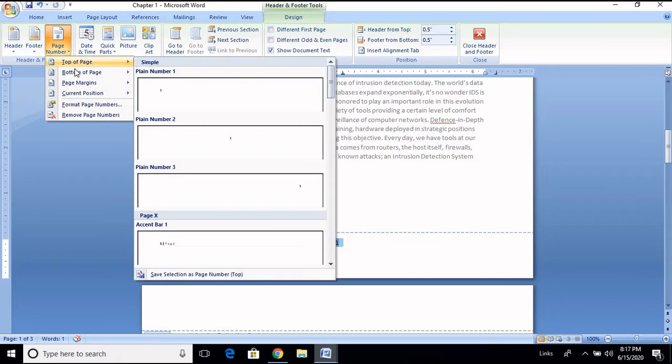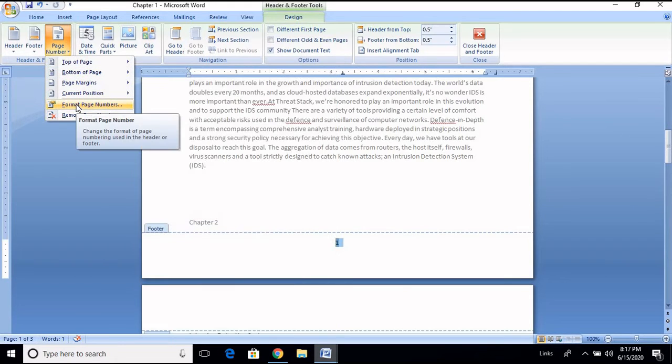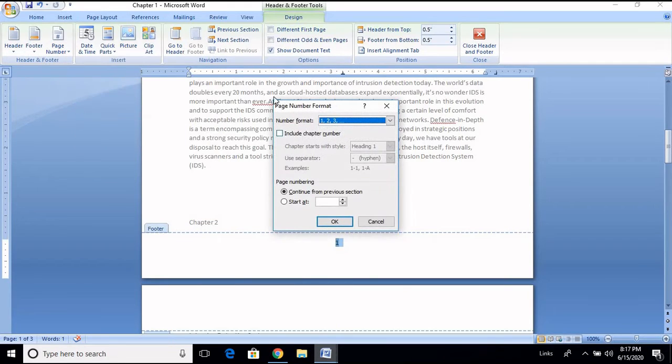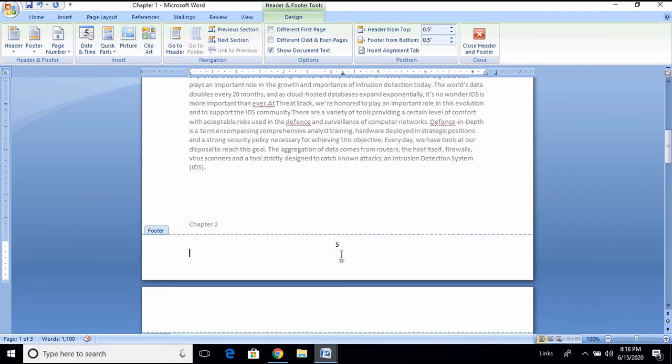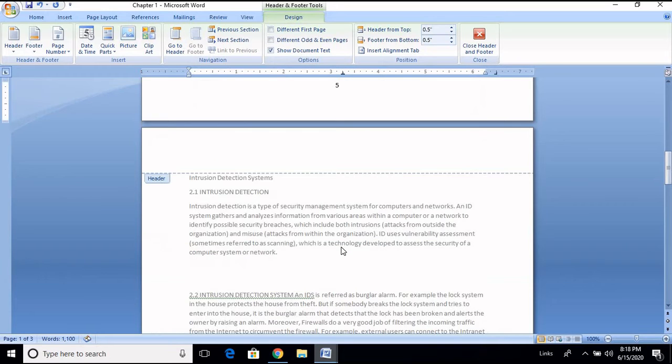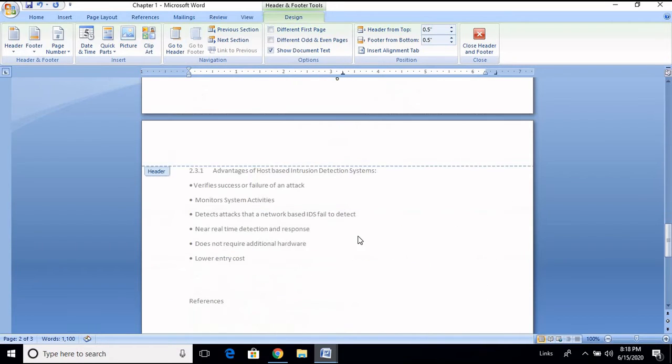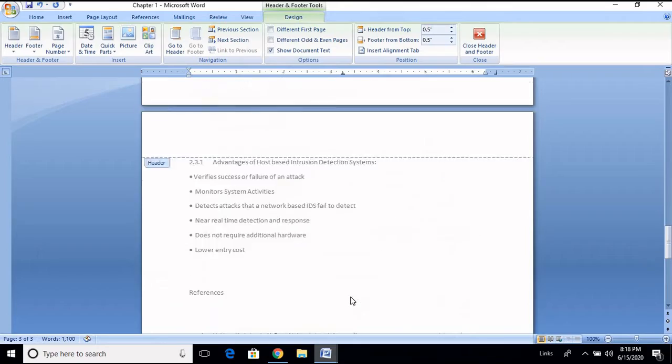You can see this top page number, everything is there. Then what? Format page numbers. If you click, you can get it. Here in the last option you have start from. Suppose if I give 5, then after that if I click OK, it will start from page number 5. So here the next page is 6, next page is 7, like this it goes.